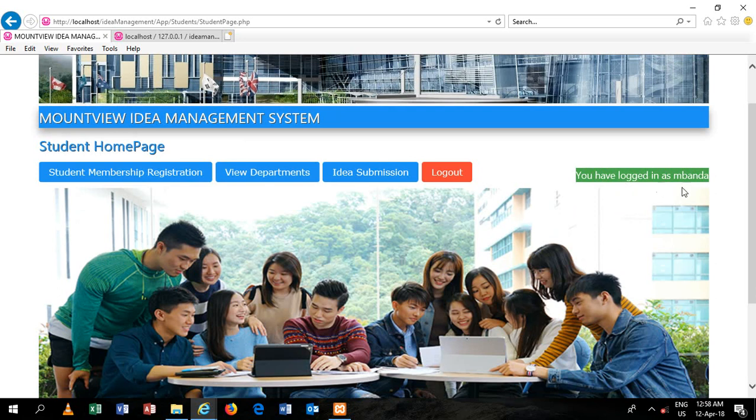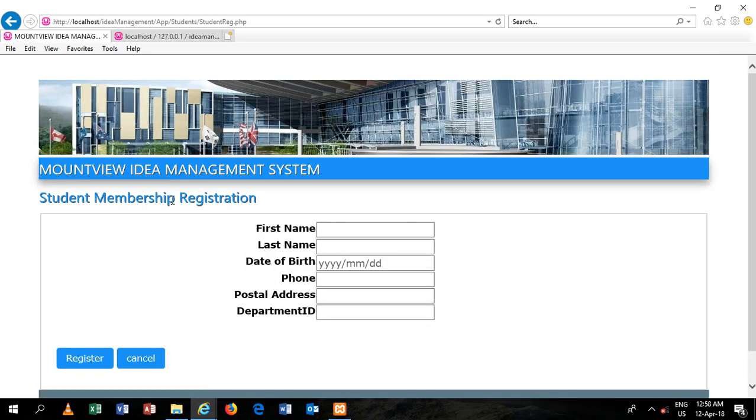Because the user has logged in as a student, they have been redirected to the student home page, and as you can see here, it's saying you've logged in as mbanda. Before anything, a user is supposed to enter their personal details, that is, register as a member of the system. So a user will click on this page and write the first name,